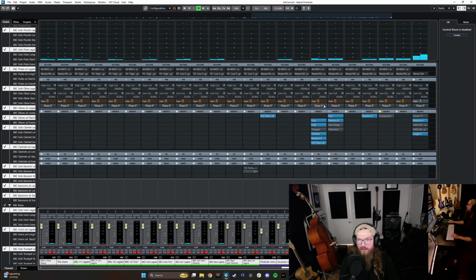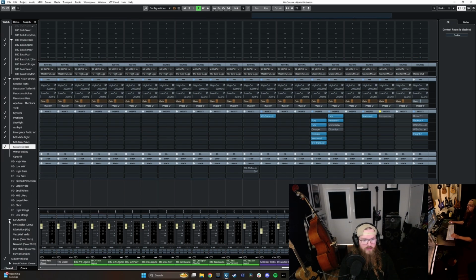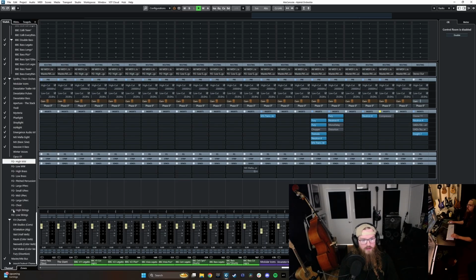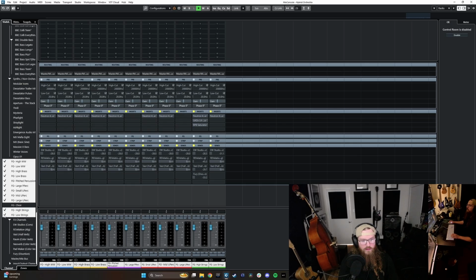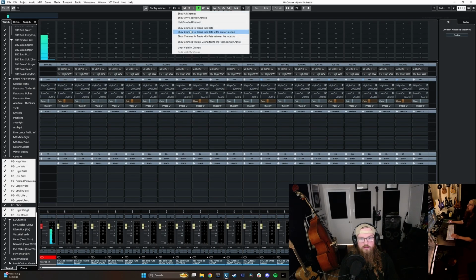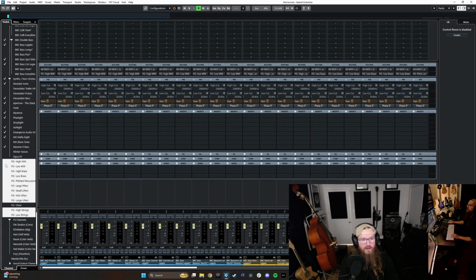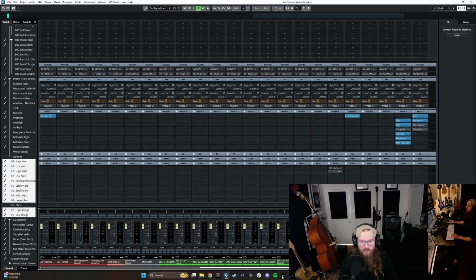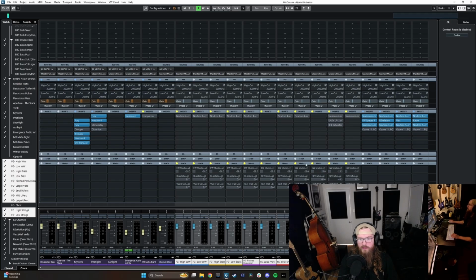But now that everything here is pre-gained appropriately, I'm going to look at my buses, which are not visible right now. So here's all my buses that I showed you earlier. Oh, messed that up. Show all channels. Show channels visible between locators, and then add my effects channels and my master bus. So these are all of our buses, they're color coordinated, and everything is now being sent to them. If we hit play,